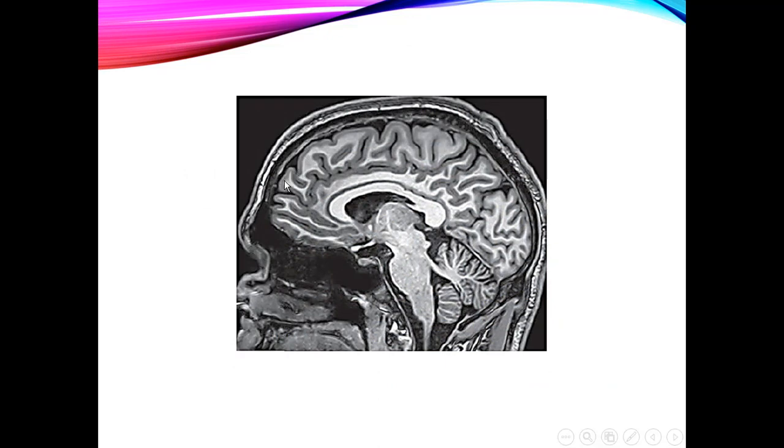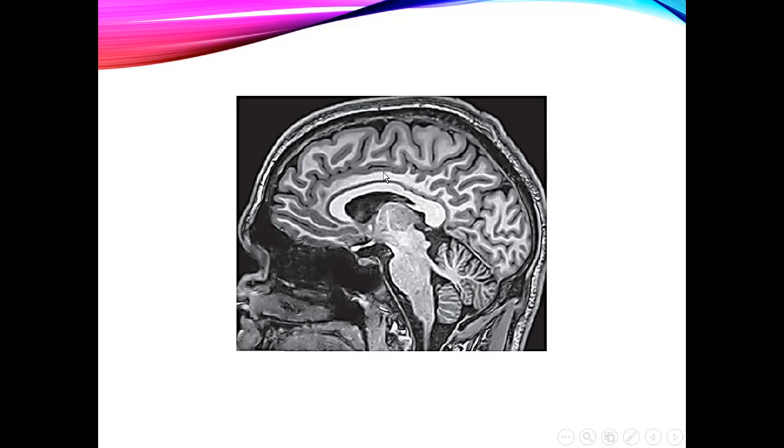You must be able to find these structures on the MRI sections. This slide shows a sagittal section from brain MRI, and here you can see the corpus callosum. This part is the rostrum of the corpus callosum, and this area is the subcallosal area. Okay, the cingulate gyrus and the callosal sulcus